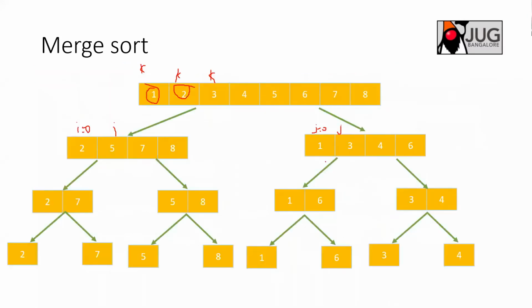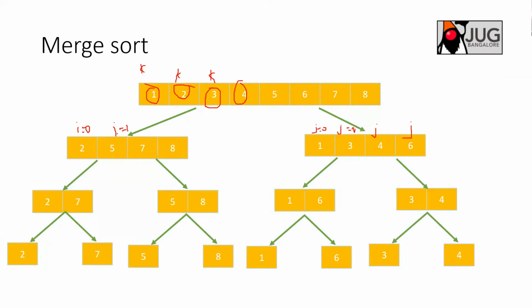So now my i is at the first place, which is array of i is 5, and j is 3 because 3 is not copied. Only 2 is copied. Now again you compare left of i, which is 5, with right of j, which is 3. Now you realize that 3 is less, so 3 will be copied here, and j will be incremented. Your j is here. Then again you compare 5 with 4. So 4 is less, right? So 4 will be copied. So i is still here only, but your j has incremented. It has gone till here.